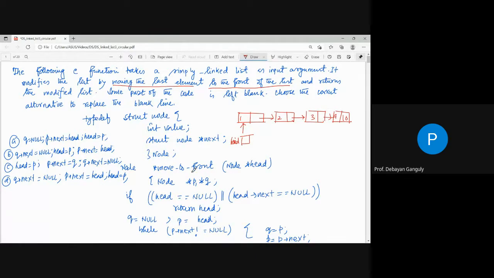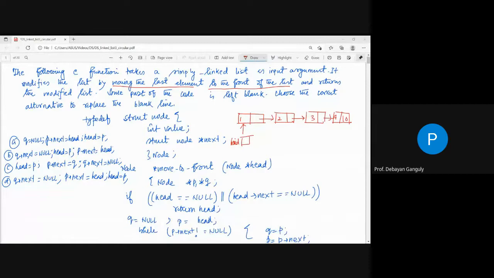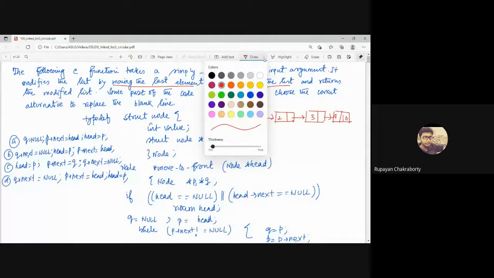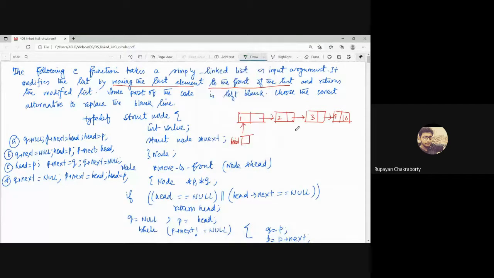Now what we have to do, you have to modify the last স্যার হ্যাঁ বলো, স্যার ডি এরটা হবে বি না ডি? ডি ডি ডি ওকে, ডি। লেটস সি। কারণ স্যার পিটা হচ্ছে যে লাস্ট নোটটা অ্যাড্রেস কন্টেন্ট করছে, আর কিউটা হচ্ছে লাস্ট আগের নোটের কন্টেন্টটা কিউ মানে নিচ্ছে। তাহলে আমরা কিউ নেক্সটটাকে নাল করব, আর পি নেক্সটটাকে হেড করব, আর হেডটাকে পি করে দেবো। আচ্ছা, কিউ নেক্সটটাকে নাল করবে, পি নেক্সটটাকে হেড করবে, হেডটাকে পি করে দেবে, রাইট? ওকে, ভেরি গুড। তাহলে এরকম আমরা বলতে পারি, বাট হোয়াট উই হ্যাভ টু ডু, ও যেটা বললো সেটা হচ্ছে মুভিং দ্য লাস্ট এলিমেন্ট টু দ্য ফ্রন্ট অফ দ্য লিস্ট। তার মানে আমাকে এই নোটটাকে প্রথম করতে হবে, রাইট? দ্যাট মিন্স তোমার সাউন্ডটা বেড়ে যাচ্ছে।